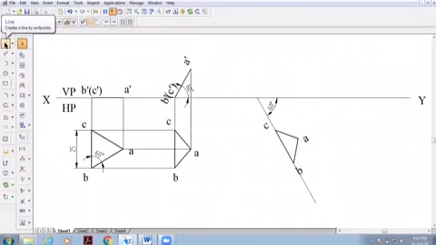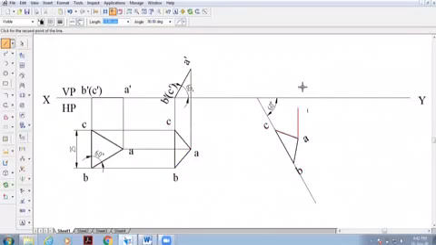Next, you have got the third position. So finally, for the final position, you are going to draw the projection lines. So from projection of A, use the projection of A, and projection of C will end at the XY line, as well as projection of B. So again, now come to line command, thick line. So you can join this A dash, B dash, and C dash. So this ends the problem.